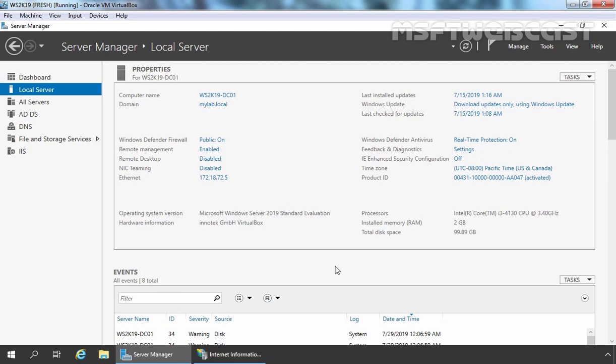In this video guide, we will take a look at the steps to create a self-signed certificate with subject alternative name in IIS 10. Remember, this is a test environment created in VirtualBox so you can have an idea about the configuration steps. For this demo, I have one Windows Server 2019 up and running in VirtualBox. That is also our root domain controller for mylab.local domain. As you can see, the host name is there,